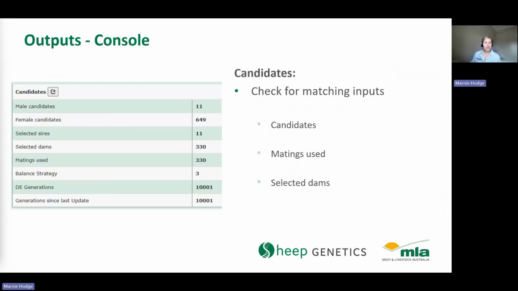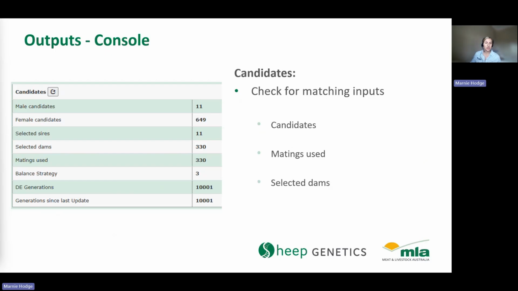In terms of the candidate section of the output file, you want to go through and just double check that it's all worked correctly based on the setup that you've defined in MateCell. So you want to check the candidate section to make sure that the male candidates was actually correct based on the number of RAMs that you inputted. The female candidates was correct, and that the selected sire and dams aligns with the requirements and definitions that